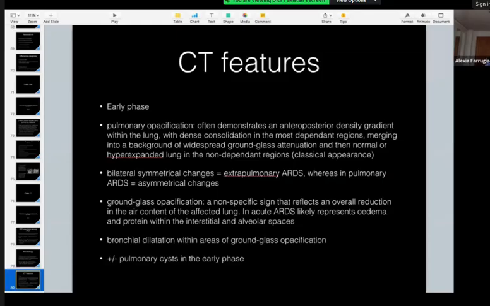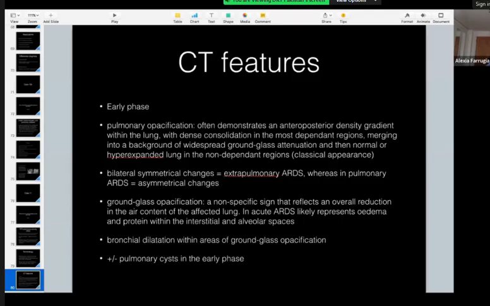On CT, in the early phase, which we saw in this lady, pulmonary opacification, there was an anterior-posterior density gradient within the lung with dense consolidation in the most dependent regions. The ground glass opacification, which we saw in the non-dependent regions, reflects an overall reduction in the air content of the affected lung, and in the acute or early phase, likely represents edema and protein leaking within the interstitial